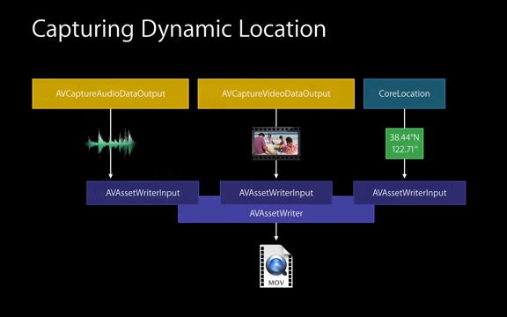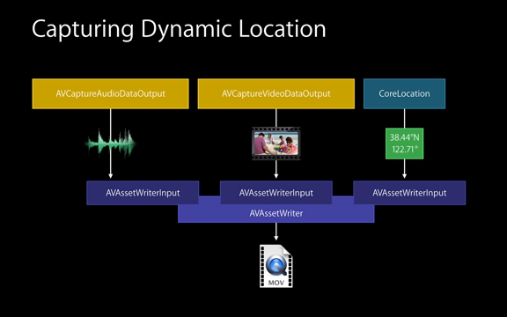So the last topic about asset writer and timed metadata is a recipe for creating your own movies that have the same sort of dynamic location that we've seen a couple times already. To do this, you can use AV Capture's audio and video data outputs and target that data at 2 instances of asset writer input. And at the same time, grab information from core location that represents the location information and write that to its